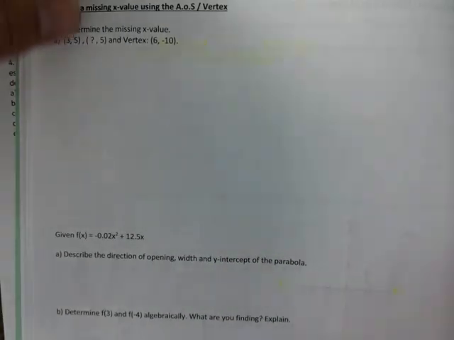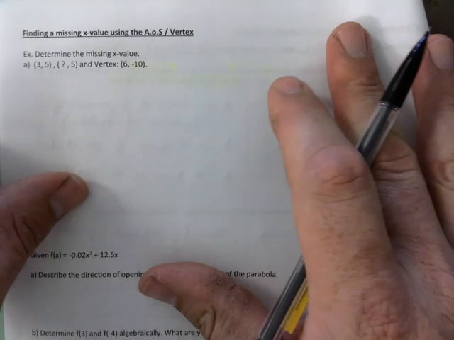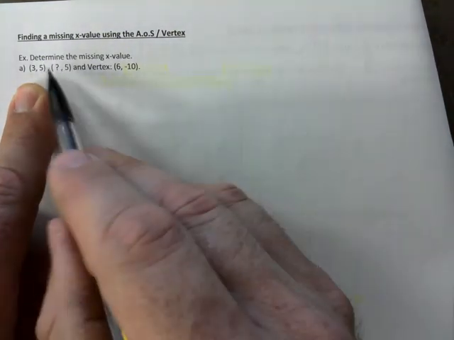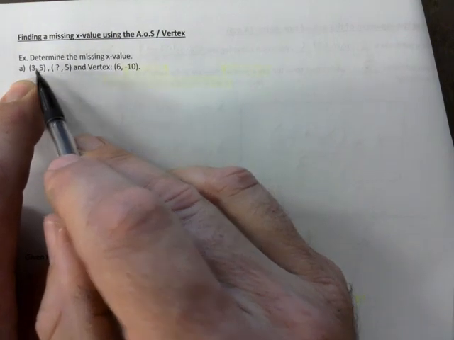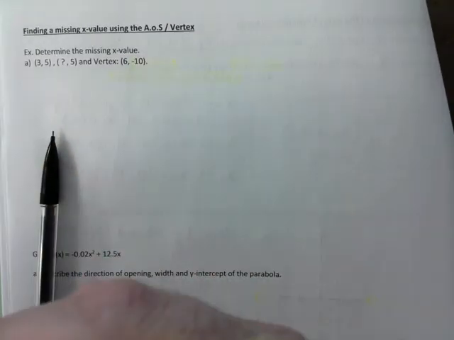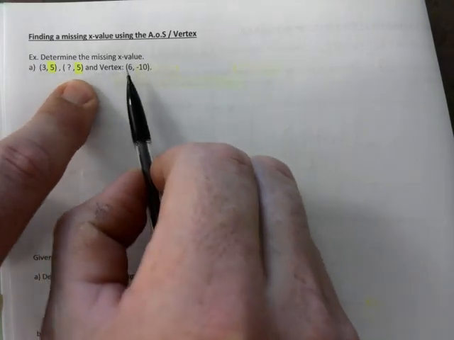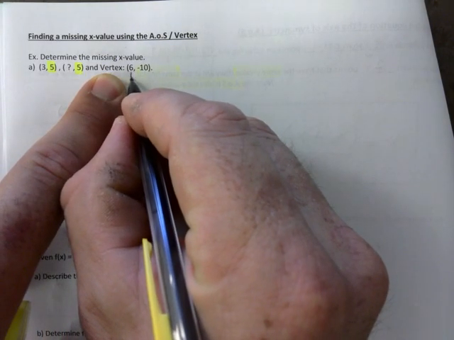Page 13 at the top. Determine the missing x value. So what do we have here? We have a point, we have another point. Oh, I see something here. They are both at the same height. That's interesting, so I know they're right across from each other. And a vertex of (6, -10). This right there